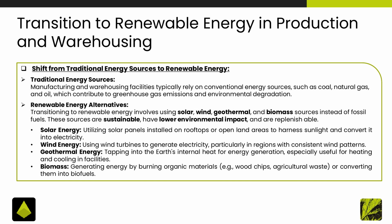Solar energy utilizes panels to harness sunlight, turning it into electricity. Wind turbines generate energy efficiently, especially in windy areas, while geothermal taps into the Earth's heat for consistent energy. Biomass converts organic waste into biofuels, reducing reliance on fossil fuels. This transition not only lowers emissions but also aligns with global sustainability goals, making operations more eco-friendly and cost-effective in